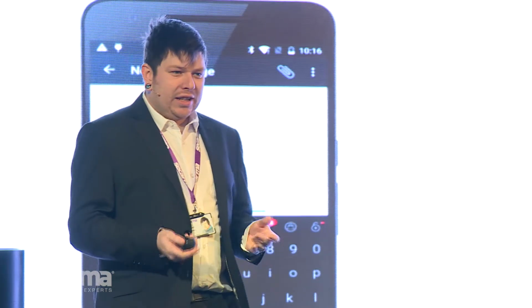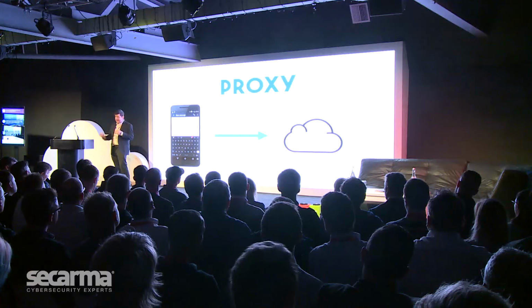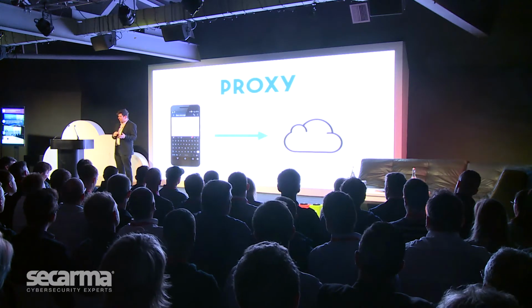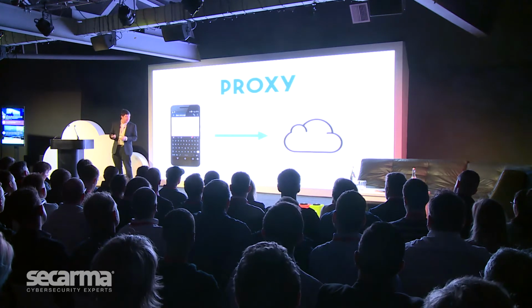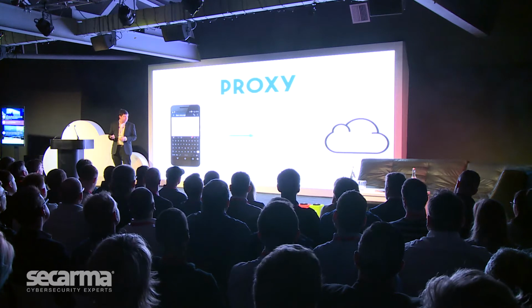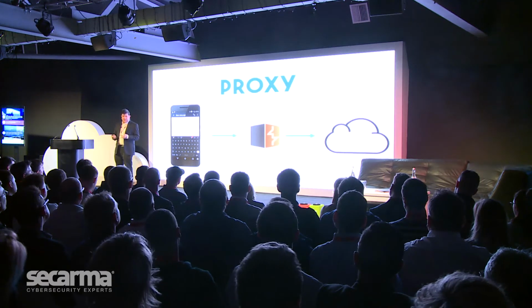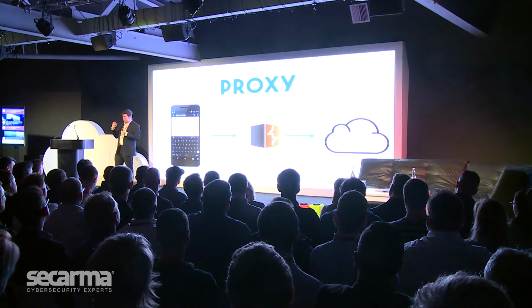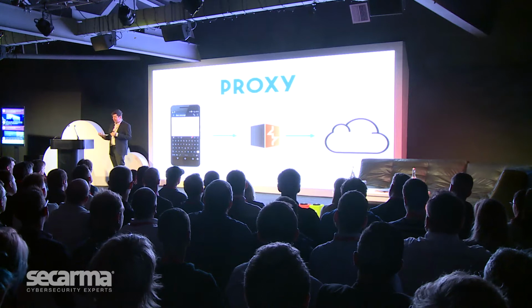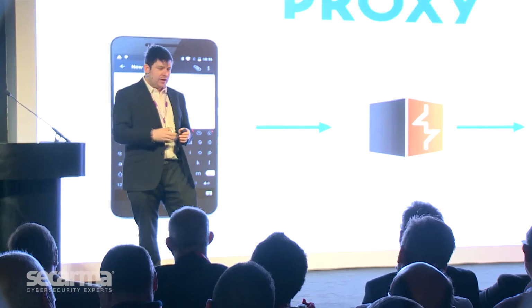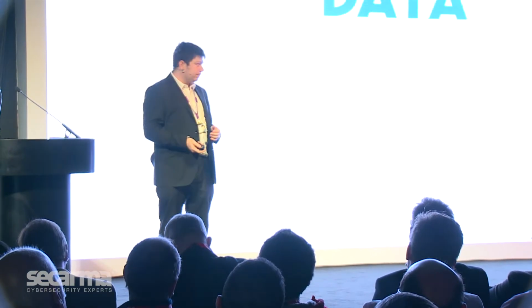So as a security tester, the first thing I did is look at the way that this application interacts with the outside world to try and get an understanding of what it's doing. So ordinarily, you get your phone, and it connects to the internet directly. You can't really see what information is being sent backwards and forwards between your device and the internet. One of the beauties of proxies, we can move the cloud out the way, stick a proxy in the middle, and that allows us to send all the requests from the device directly to my computer, not only look at them, but modify them and understand what's going on before they're sent across the network.